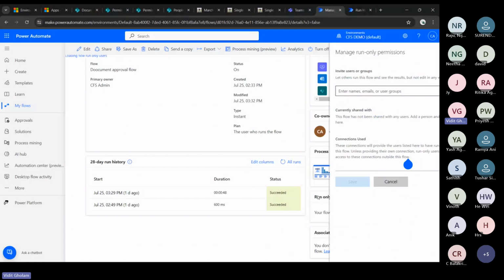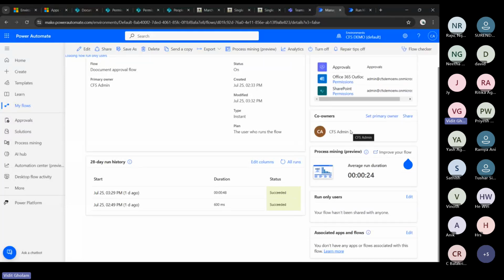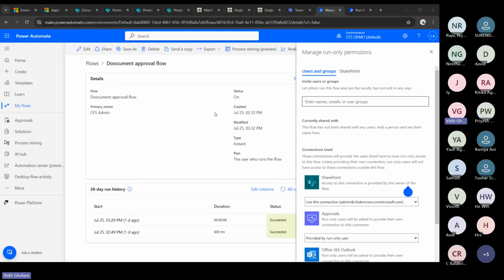Here you need to add the email address of the user that is a super admin inside of your SharePoint site. I will explain once we go through the flow steps why this is needed. But these two steps are essential. First, sharing the flow with the people that are going to use it for the document management process, and run the flow in the context of a SharePoint super admin. So let's begin with